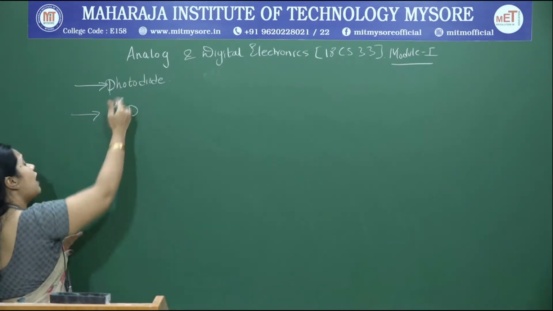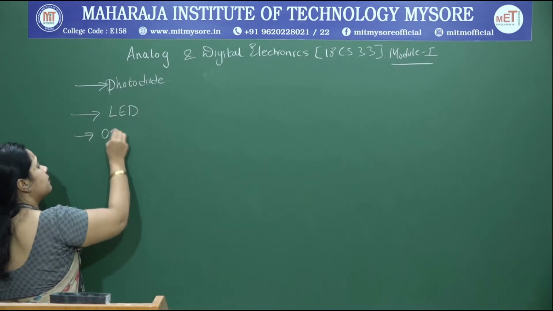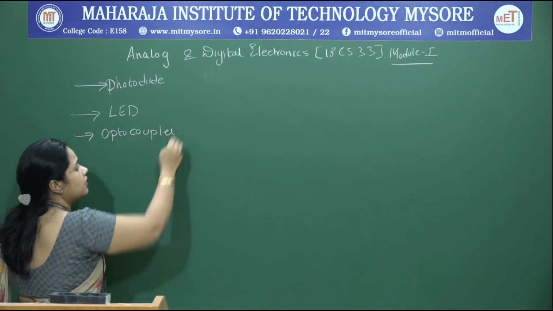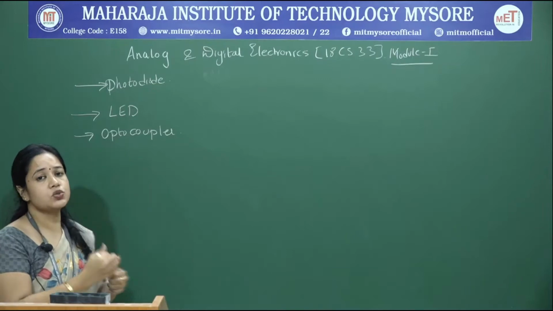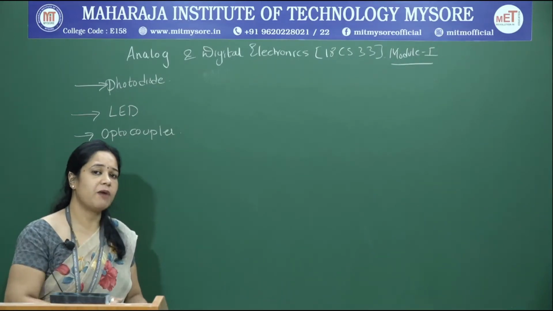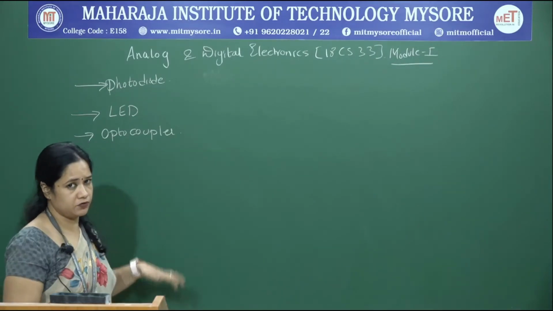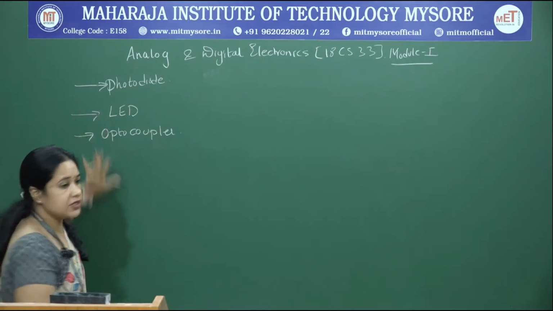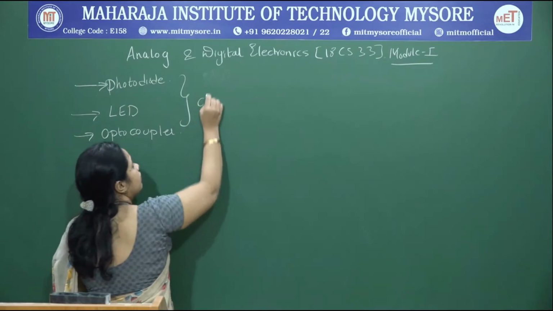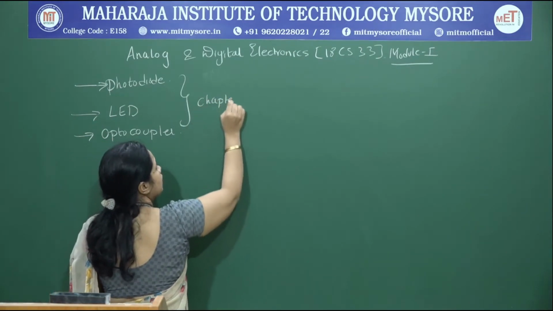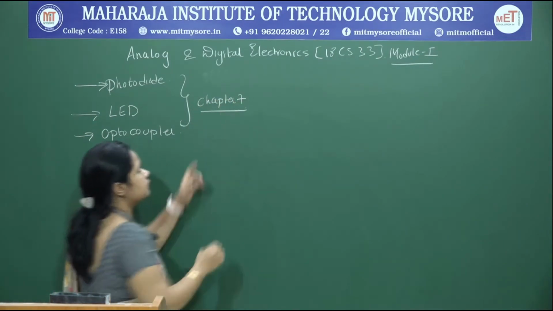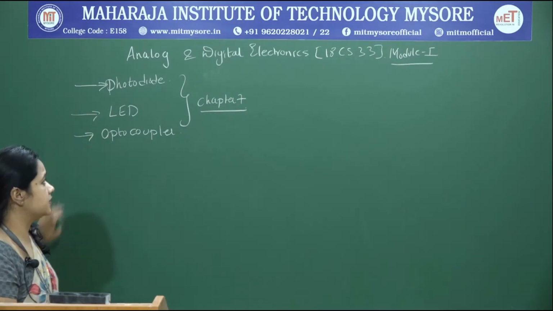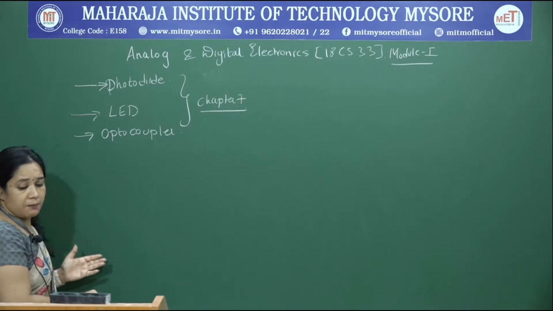And after this we have what are called optocouplers. As the name indicates, these are optoelectronic devices used to couple an electrical signal from one part of a circuit to another part of the circuit, and these are the 3 topics which have been picked up from chapter 7 of your prescribed textbook. And next we have the BJT,